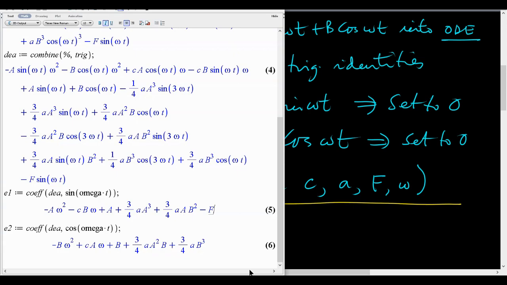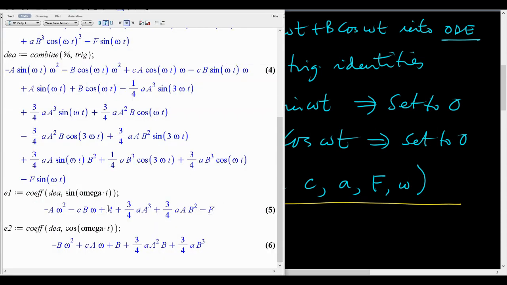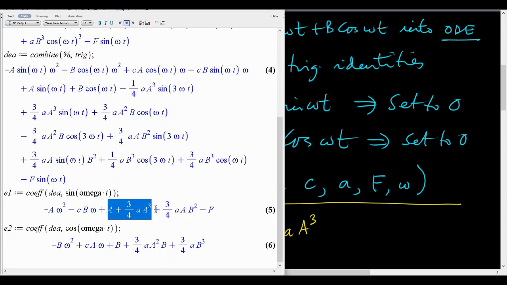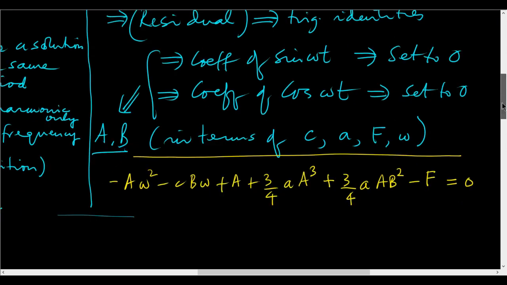All right. Minus a omega square minus c b omega, plus a plus 3/4 little a cube, plus 3/4 little a b square minus f. This has to be 0, and there is another equation which I will write here now,